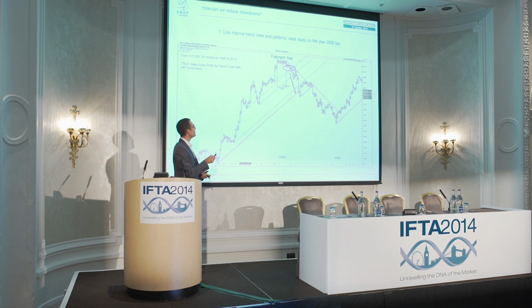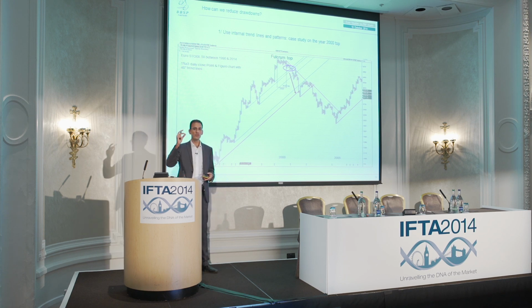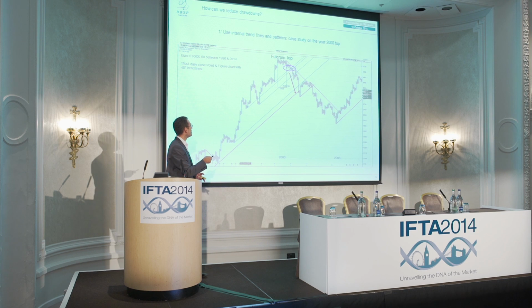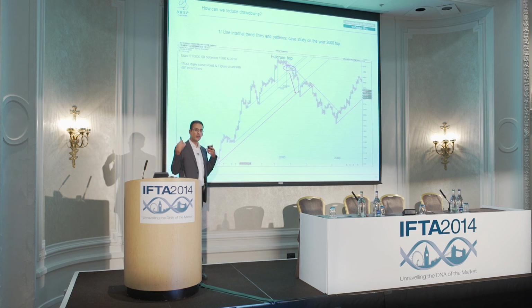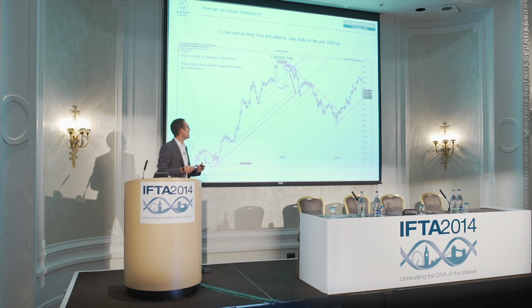You have a nice one called fulcrum top here. This took a long time to draw this pattern. Then you had a breakdown here, a breakdown below this support zone, which was the first indication that the trend was about to reverse. And later on, we had a technical bounce attempt, which stayed below these 45-degree trend lines. Then we had a break below this internal support line with what we call a triple bottom breakdown, which is usually a very powerful sell signal.